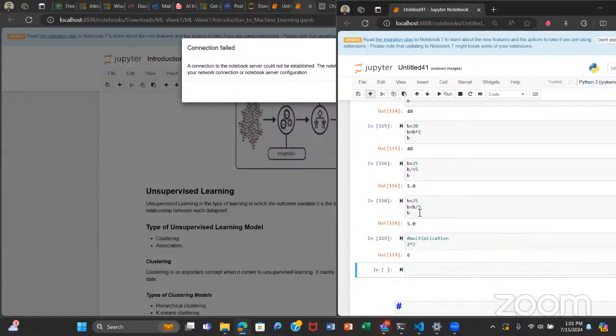But the double asterisk is different. So that's what it is. I hope that explains it to you.